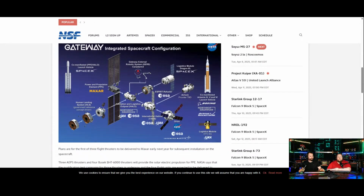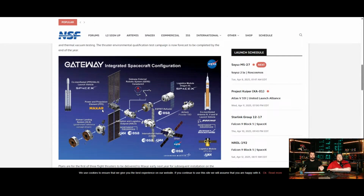It's going to be a modular, basically an international space station that will be in lunar orbit around the moon. Now, there's actually a little bit of drama around this currently. Space drama, space politics, the best kind of drama. Whether this should even be constructed or whether we should go right to the surface of the moon and start building there. But my position is, yeah, we should definitely build a space station in lunar orbit